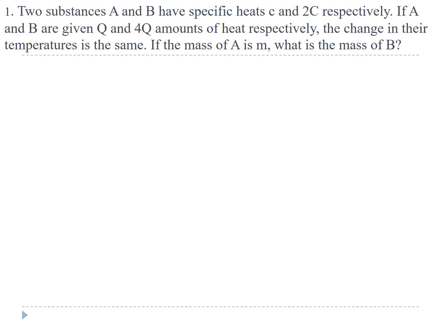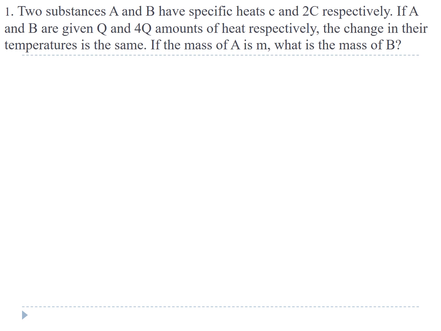Okay, what does that mean? It means that whichever substance is written first, that will have the specific heat that is written first. If you see which is a substance written first, A is a substance. So A is written first. Okay, and in specific heat, what is written first? C is written first. So A will have the specific heat of C. Okay, the second substance written is B. And which is the second specific heat written? 2C. So B will have the specific heat of 2C.